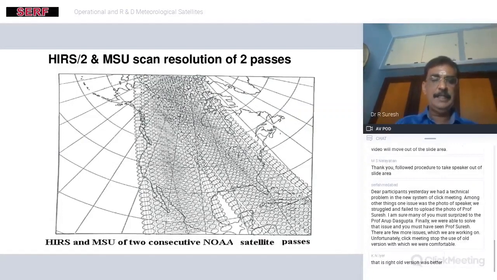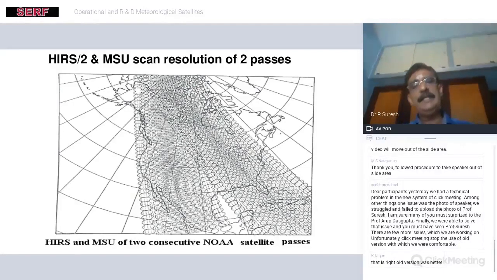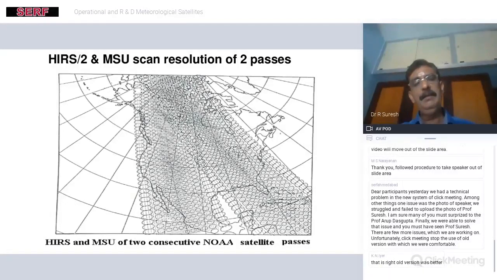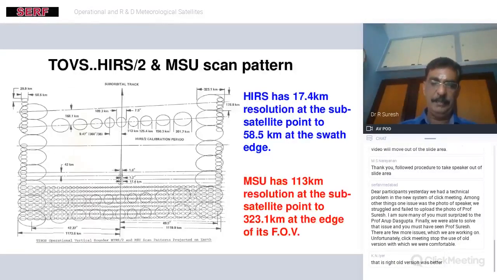This is the last slide we discussed. The polar side is covering very nicely, and that is probably one of the reasons the polar orbiter satellites are useful for nowcasting over the extratropical and poleward latitude areas.